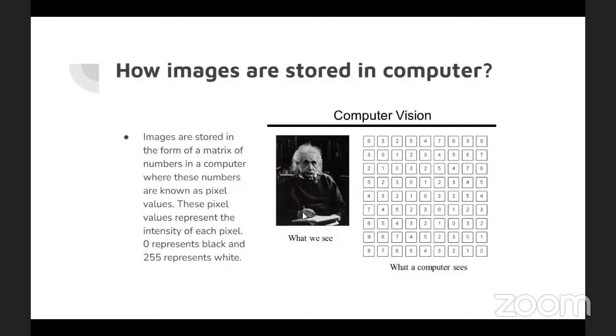Okay, so yes, this is what a matrix of this image looks like. This is a black and white image, so we are getting this two-dimensional matrix. This is what a computer actually sees. A computer doesn't see that this is an Albert Einstein picture. Instead, a computer sees a matrix of numbers. So everyone must be aware that